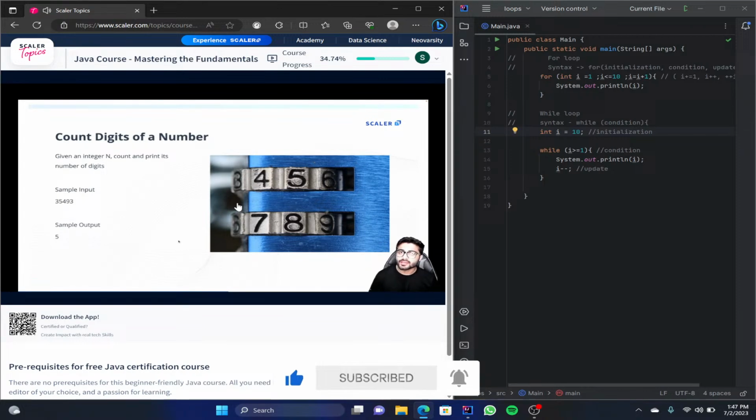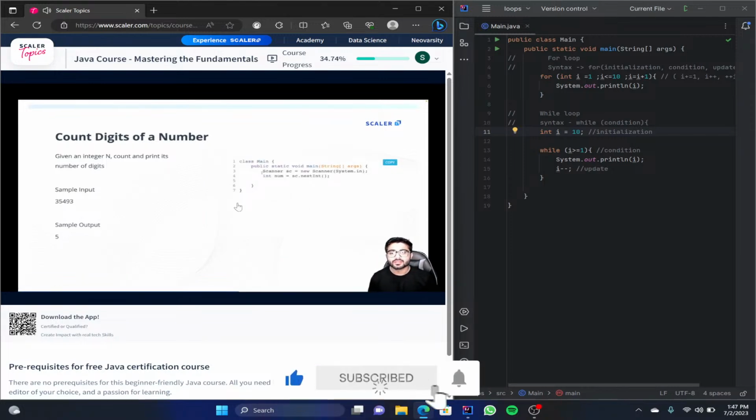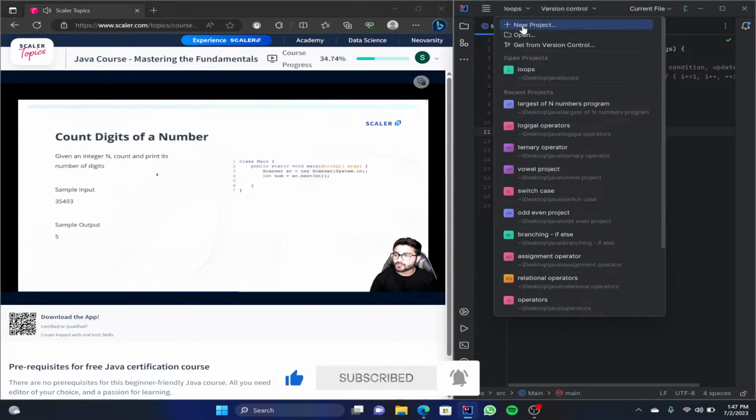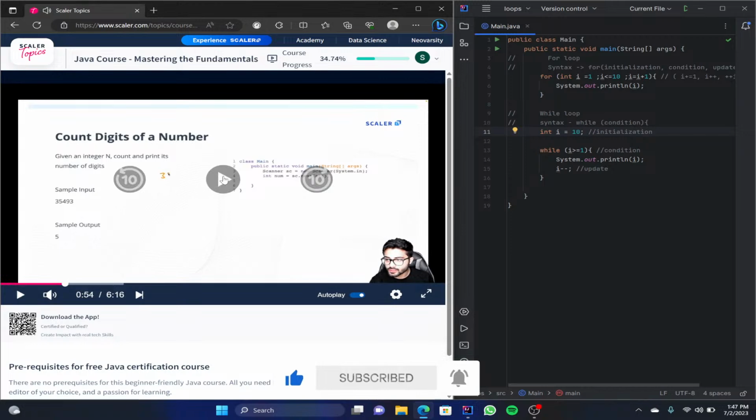So first of all, let us write the bare minimum code. So I can say that I create an object of the scanner class and I read the input in num variable using the scanner object. Now how can we go about solving this problem? So we can clearly see that if we have a number, let's say 3,